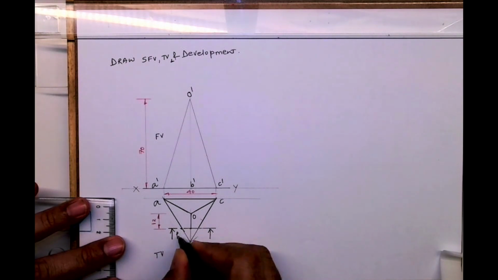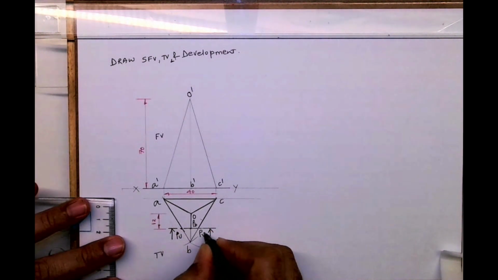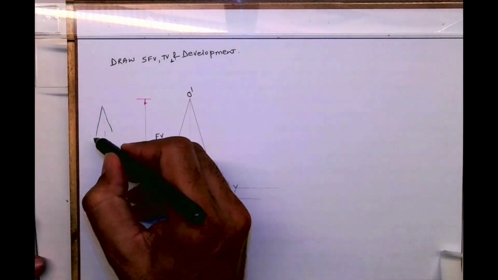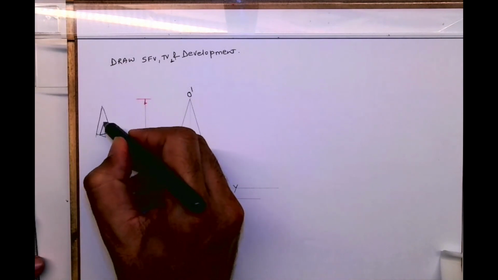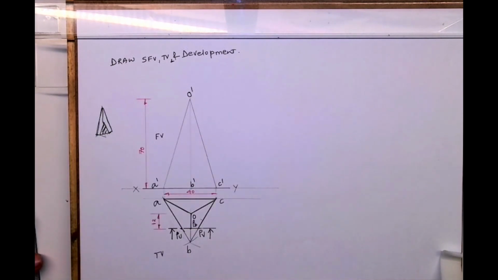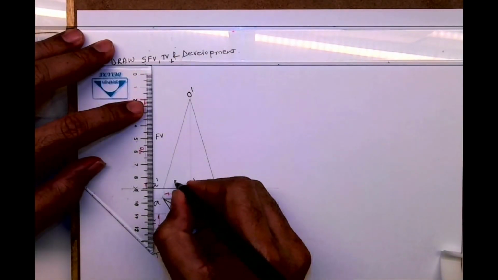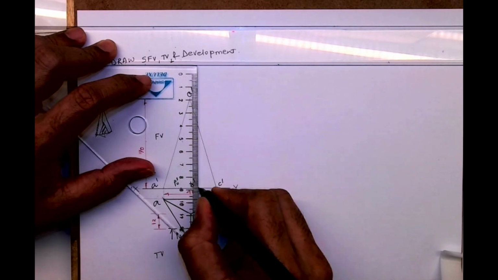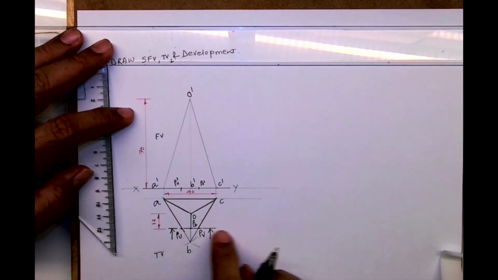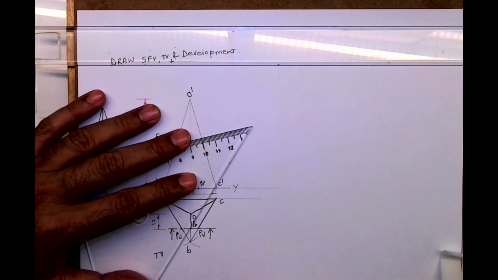There are 3 points: PU, PB and PV. See, the triangular pyramid is like this and it is getting cut like this. So PU, when you draw, this is PU dash. PV, when you draw, this is PV dash. And this point PB, you can find with the side view, or you can take the parallel to base